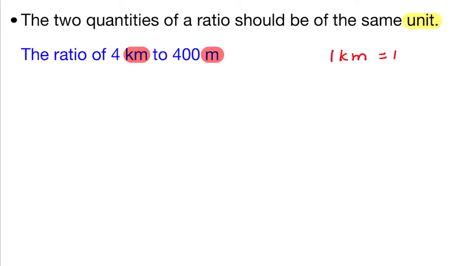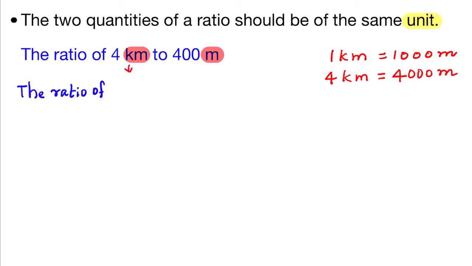For example, the ratio of 4 km to 400 meter. Here, the first quantity is in kilometer and the second quantity is in meter. So, we convert 4 km to meter, and we know that 1 km is 1000 meter. So, 4 km is 4000 meter. Therefore, the ratio of 4000 meter to 400 meter is